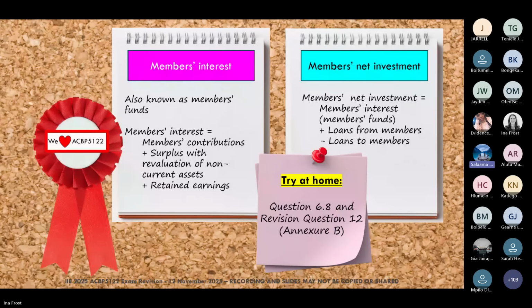Okay. And then most importantly here are these formulas, these calculations. Because if they don't give them the layout, they will have to remember this, okay? For showing those changes in the members' fund. So please again, do study the theory in the learning unit on pages 191 to 193. I think I did mention them earlier in the chat. And of course, these two formulas are very, very important, going forward in this learning unit.